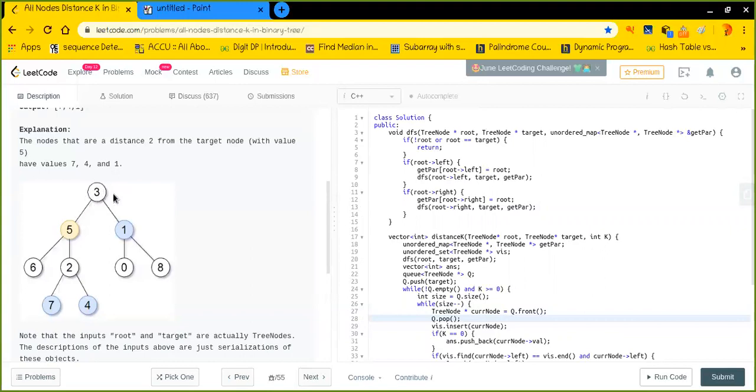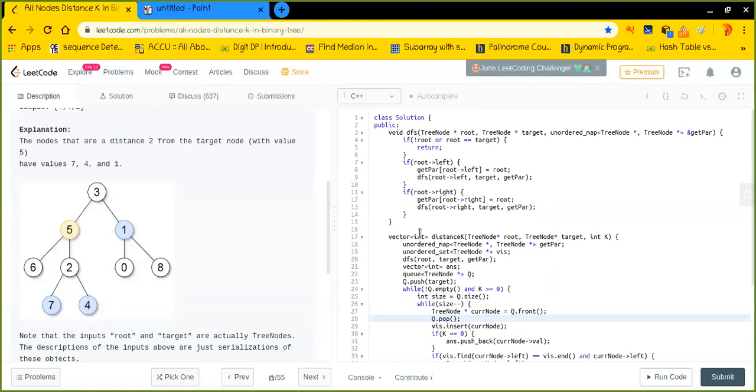And everyone should know who their parent is, except the nodes below the target, because I can always move downward from the target to find those nodes which are k distance away from the target. So this is the requirement why we had to use mapping right here.